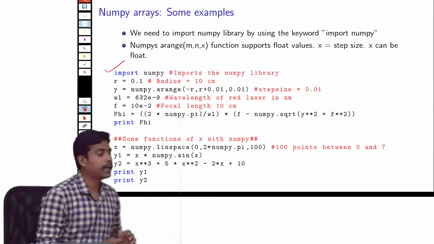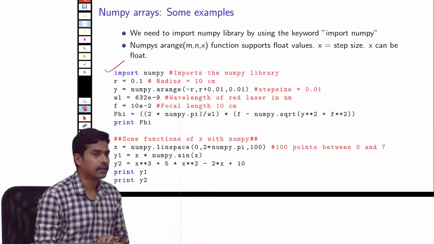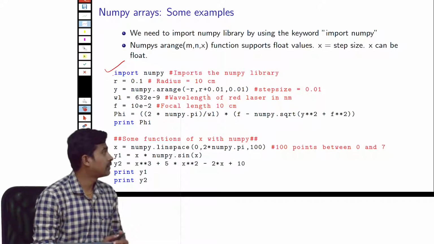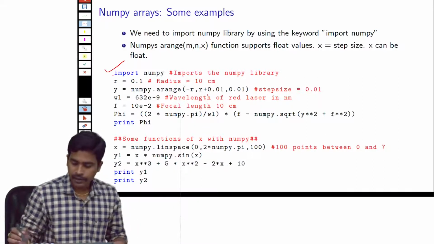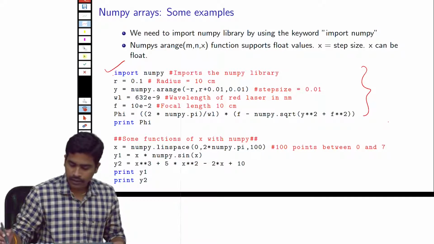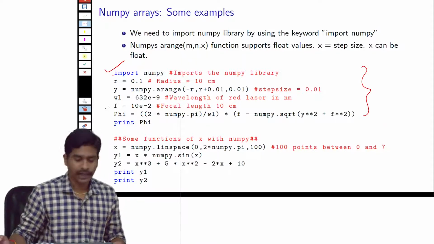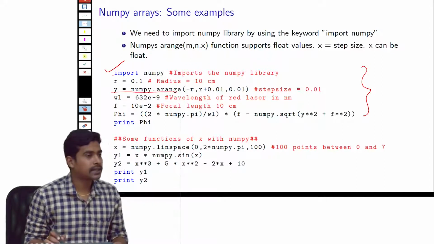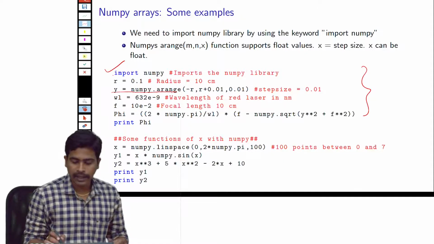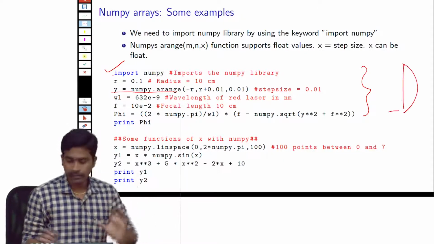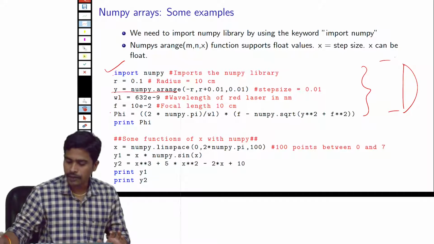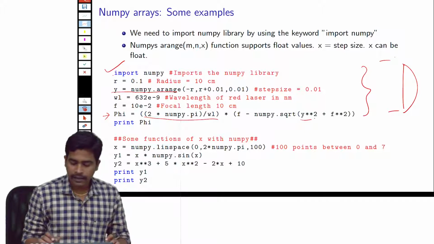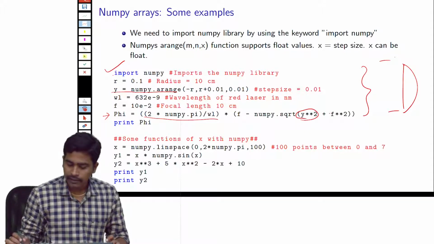Okay, so now we have seen NumPy array is much faster than the list. Now let's see how we do some of the examples that we have seen before using lists. In this function, I am calculating the phase function of a lens. The only difference here is that instead of creating a list using the range command, I have used a range command to calculate the steps, the values from -y to y. And instead of writing the for loop, here I have just directly plugged the value of y into this equation.